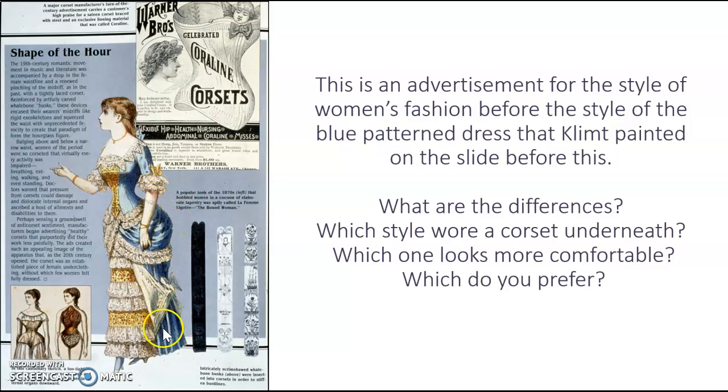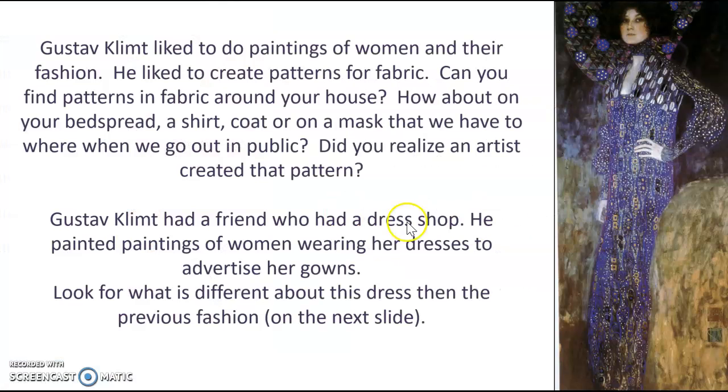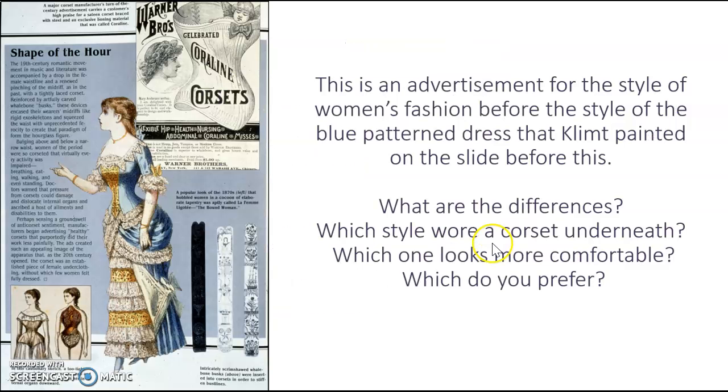This dress has lots of layers, lots of lace, and it's very tight in the waist, and that's because they would wear what's called a corset, and it had laces in the back that they would tie extremely tight and get their waist as little as possible, and it wasn't very comfortable, and it wasn't very healthy. So the next fashion after that is very loose and straight and not tight, and lots of patterns, and the materials look lighter. So Gustav Klimt liked to paint women's fashion,